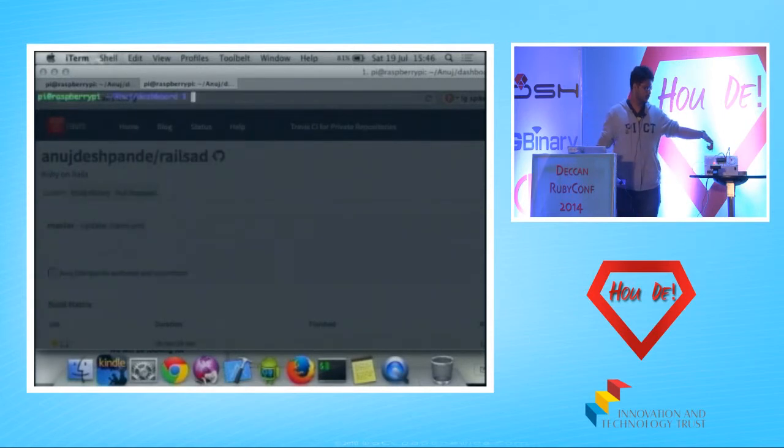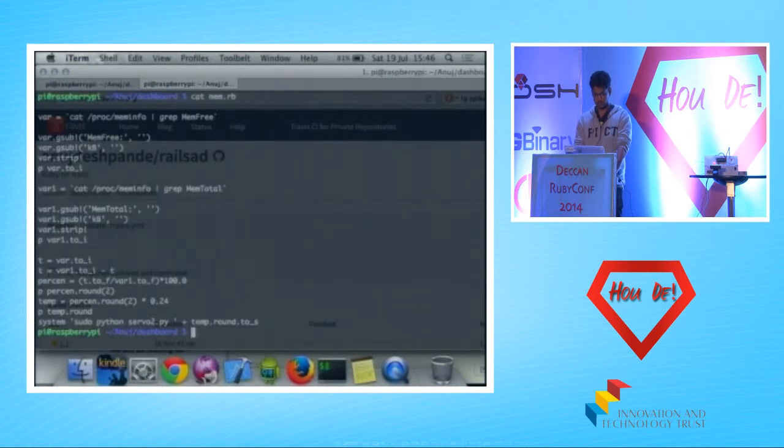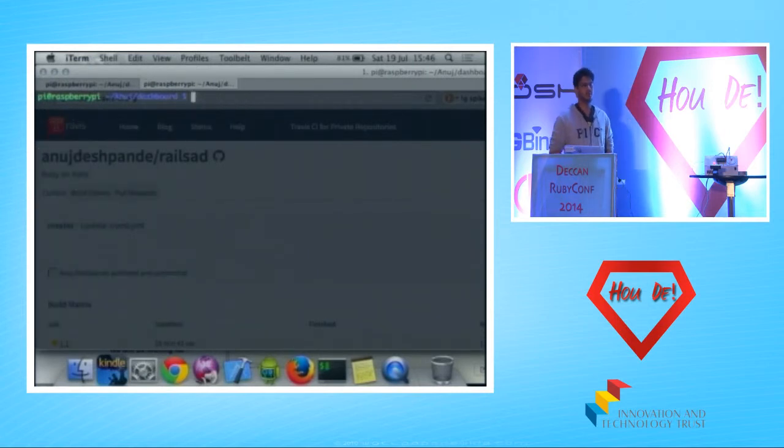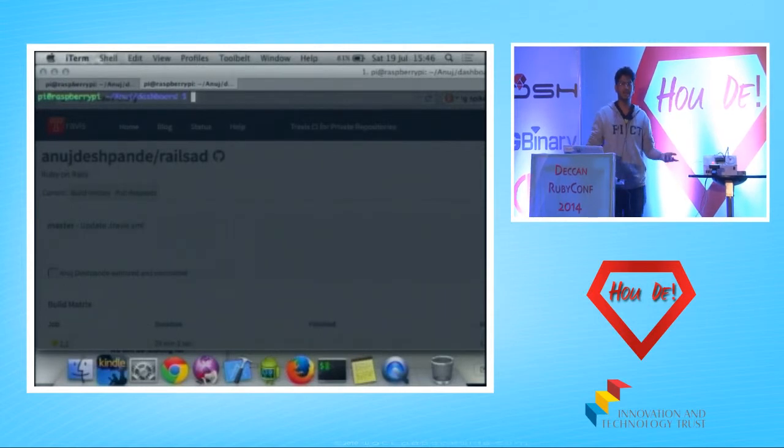If you have been noticing, the LEDs toggle in between green, yellow, and blue if everything is happening successfully. If it's not, then it's going to be turning red. Now there's something else that's interesting that we could do here. I have a mem code. Most of the times I've noticed that while people are deploying, after deployment, what they're monitoring the most is probably the RAM usage, probably the CPU usage, if there are any 404s, something on those lines. So what we could have is something which shows me what the memory status is at any particular moment. I shouldn't have to run htop and then look at the memory usage.